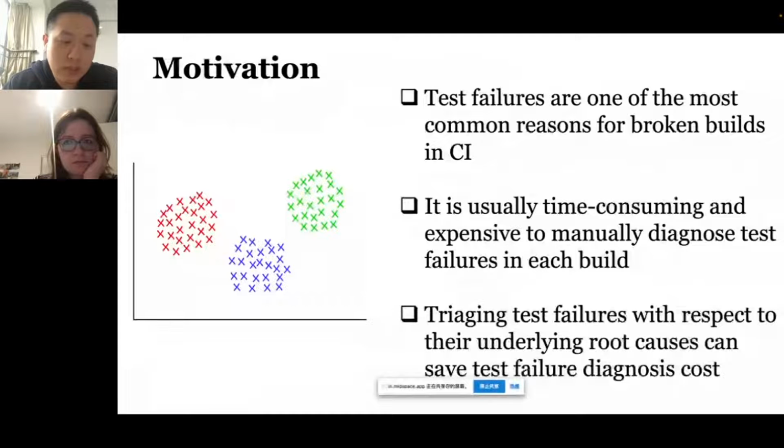Why do we do this research? CI builds often break, and test failures are one of the most common reasons for broken builds in CI. According to a recent study, they are responsible for 59% of broken builds. Developers need to manually localize and repair the underlying faults. However, it's not easy for them to analyze test failures in a build because a build is not always triggered for every commit, and the build may change multiple source code files. In that sense, it's expensive to diagnose all